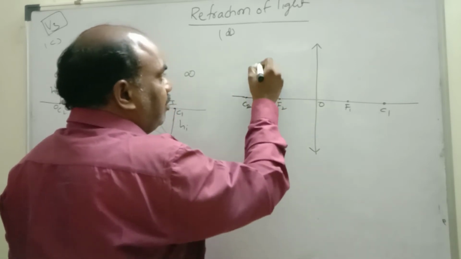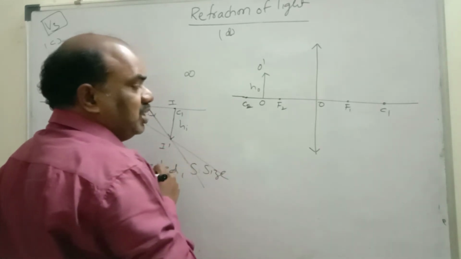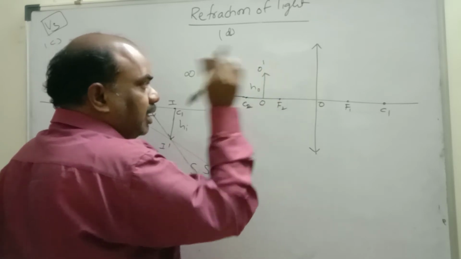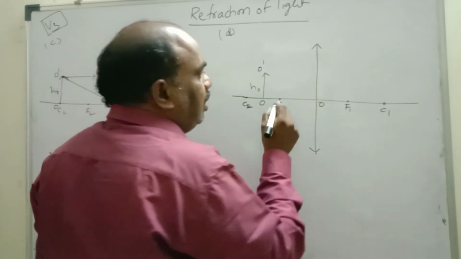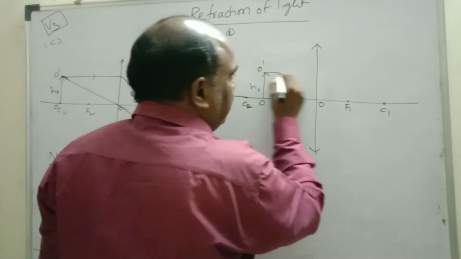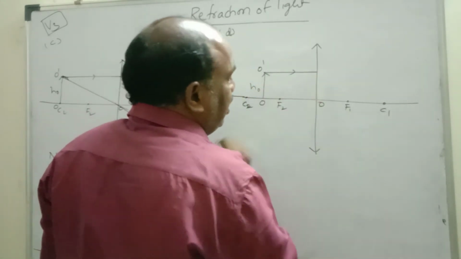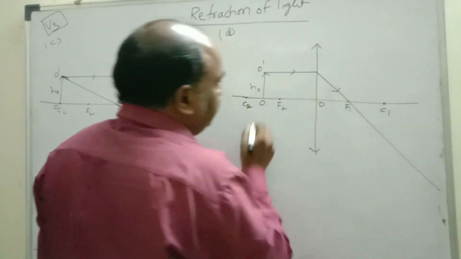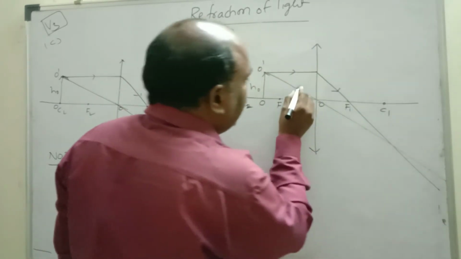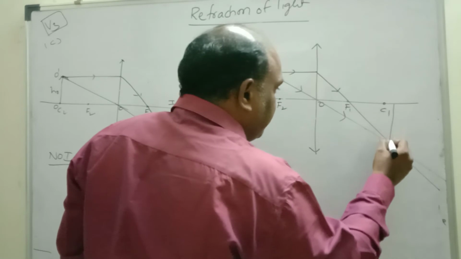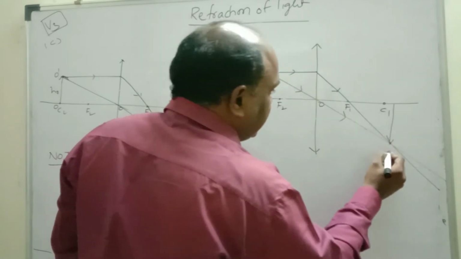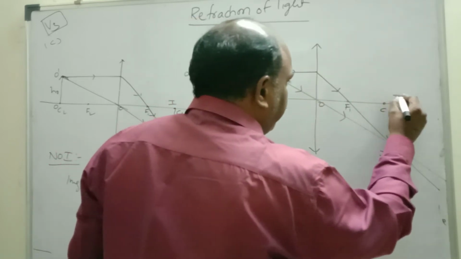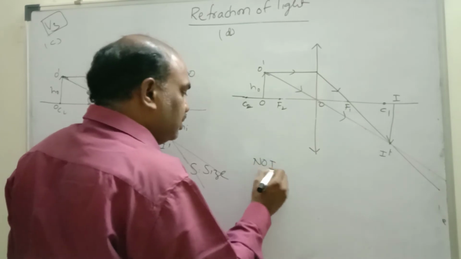Now the object is O, height of the object O dash, and object height is denoted by H0. O is the object. O dash is nothing but the tip, the head of the object. H0 is the size. We need a minimum of how many incident rays, children? Yes, 2. Parallel incident ray 1, and one more ray going through the optic center. You can take one through the focus also. The parallel incident ray always goes through the principal focus. One more incident ray going through the optic center. This is the intersecting point. Here the image forms. O dash becomes I dash. O becomes I. What type of image is it? Yes, same.